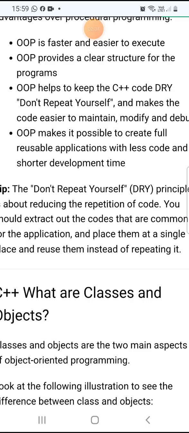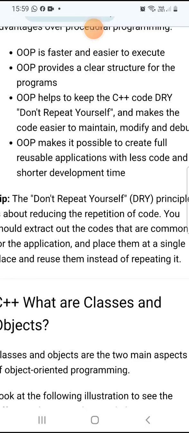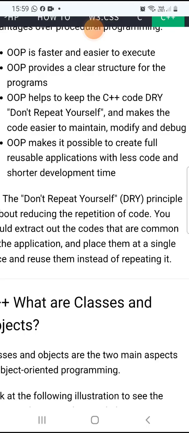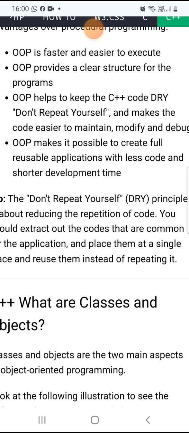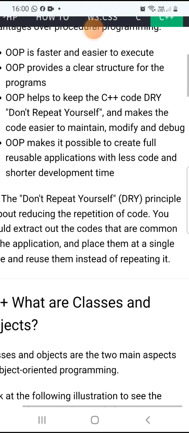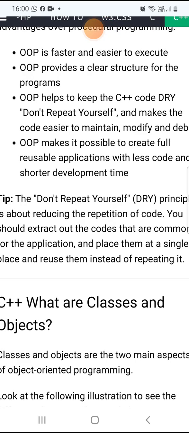So if I want to write code for any new application, this code can be reusable, and with a little bit of changes, that code can be reused for any new application, with less code. I have already written that code, so that code can be utilized for any new application. A little bit of time will be taken to develop the application. Within a short time you can develop a new application. No need to write from zero, from scratch. Already written code can be used.